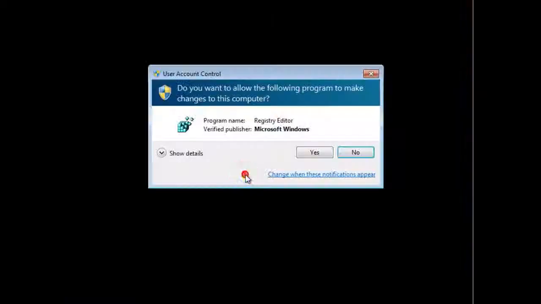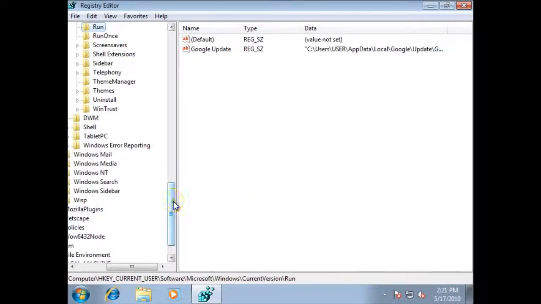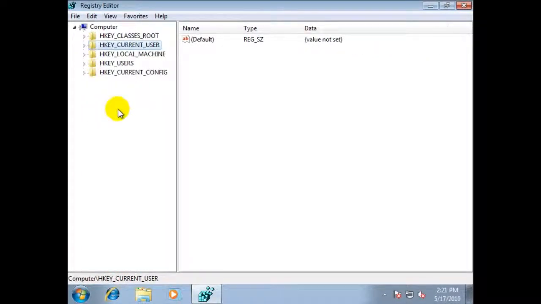It'll ask you, do you really want to run it? Yes. So now we are in the Registry Editor. I was in this before. When you first come into it, what you're going to do is go to HKEY_LOCAL_MACHINE,